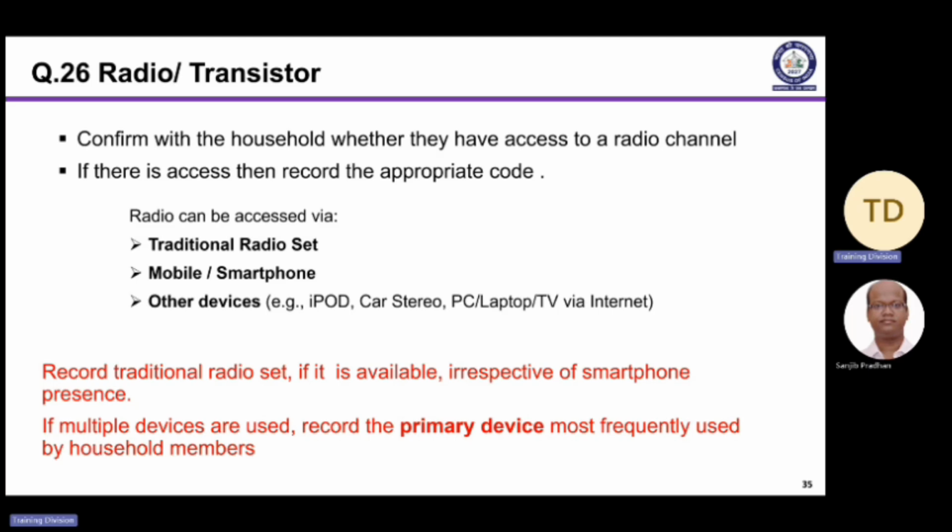In the pretest we observed that if a household has a smartphone or mobile phone, the enumerator writes that yes, he is listening to radio on the smartphone, but the enumerator has to ask whether he has any traditional radio set. A traditional radio set is always preferred in comparison to other means, because the main purpose is to get information about the asset, and the second purpose is to get information about the different devices used to listen to the radio. Got it?